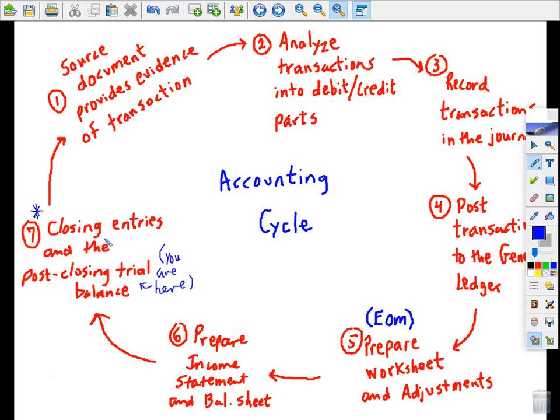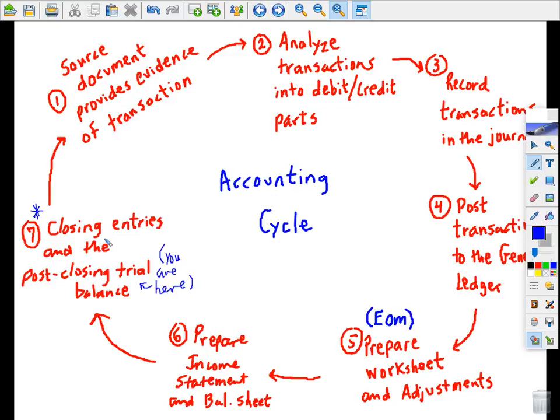Do you remember what those are? The temporary owner's equity accounts. Jake. Expenses. Withdrawals. Okay, revenue. Very good. Okay, those 3 types of accounts, we keep a balance of them throughout the month, but